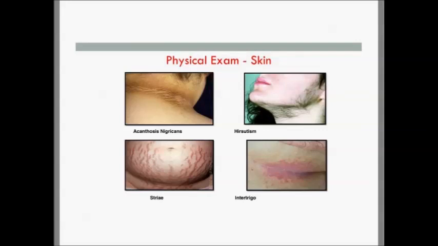Okay, and so now on to the physical exam. I think one of the most revealing things in the physical exam is the skin itself. So some of the things we want to look at are acanthosis nigricans. This is a hyperpigmentation of the skin related to insulin spilling into the melanocytes. You'll normally see it across the neck or under the arms, under the breast, or sometimes in the abdominal folds. And the degree of insulin resistance is directly related to the level of insulin we have found.